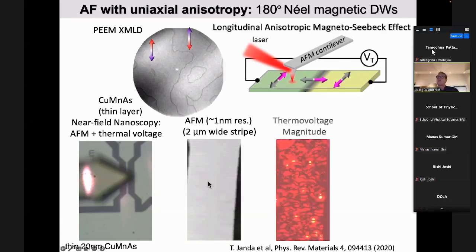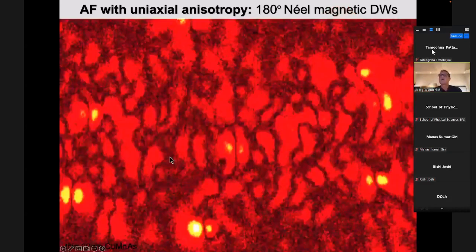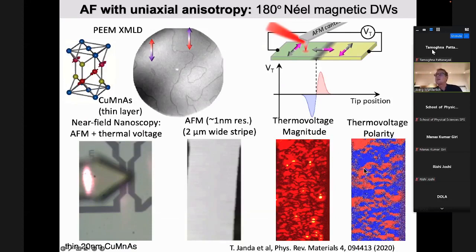But if you look at the thermal voltage which you generate by this method, you can see a lot of spaghetti here, all these black lines, and they actually correspond to domains. When you analyze the signal, the thermal current you generate and the response to it, you will see that each antiferromagnetic domain has to change its sign. So what is blue and red are actually antiferromagnetic domains in this stripe,